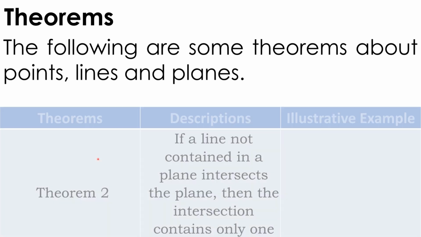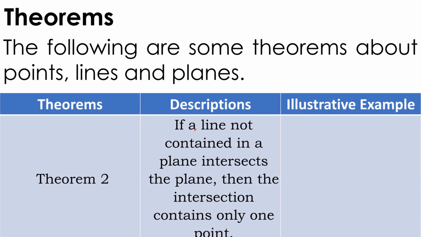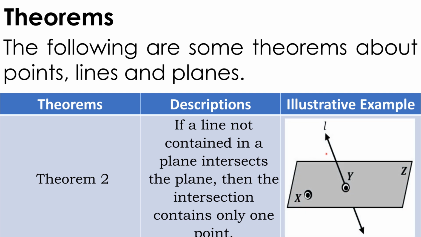Now let's discuss theorem number 2. If a line not contained in a plane intersects the plane, then the intersection contains only 1 point. So here is our illustrative example. We have here plane Z